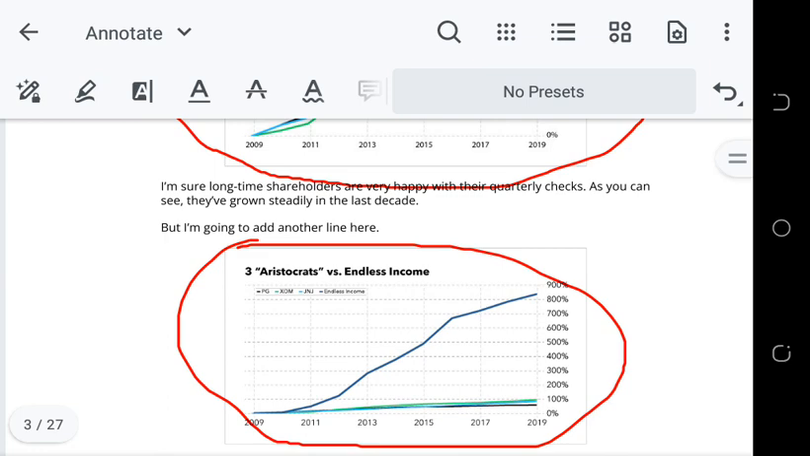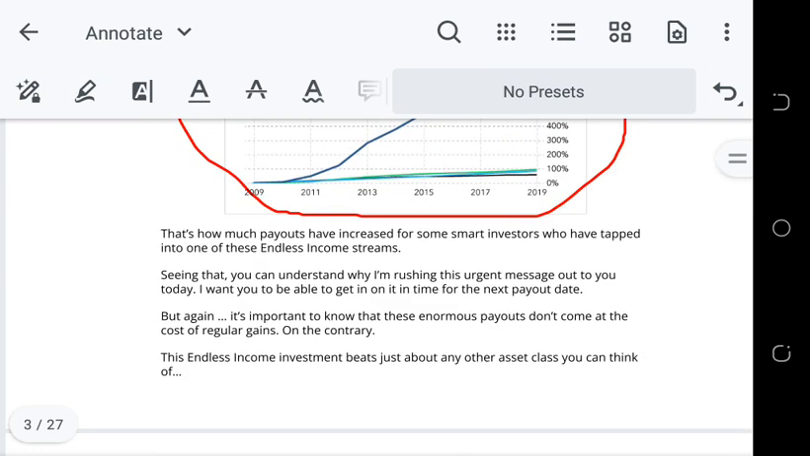Now, the idea with those graphs is to prove that this method of making money grows faster than the traditional methods, and there are data, information, proof, graphs to show you that that is true. Okay, so that is a proof element. Let's go on. That's how much payouts have increased for some smart investors who have tapped into one of the